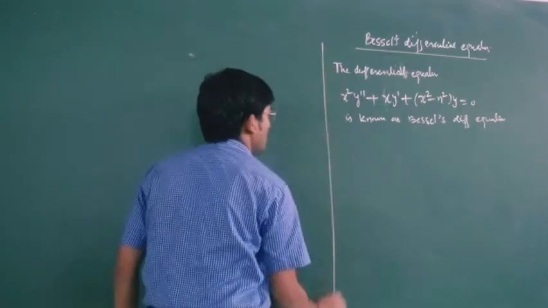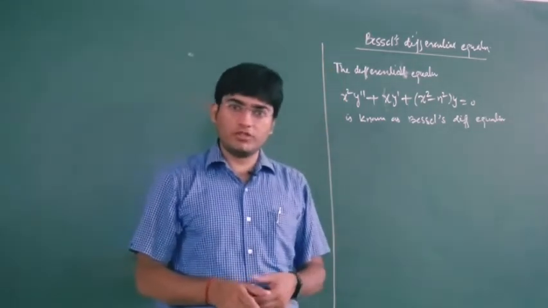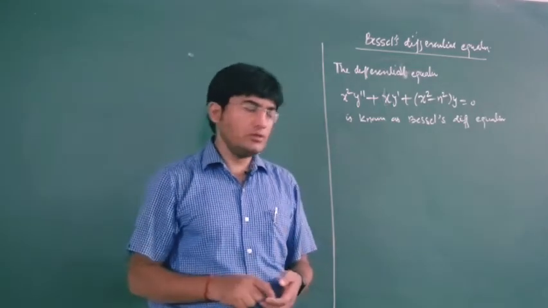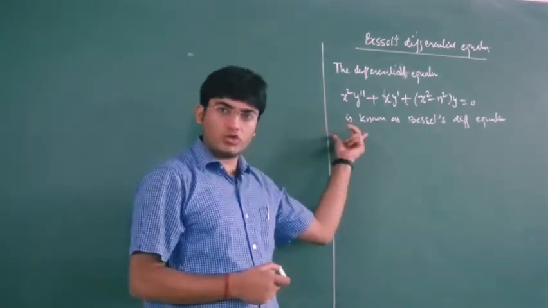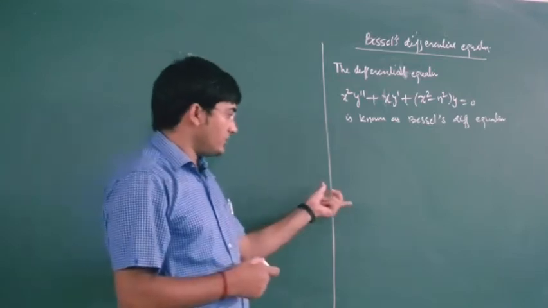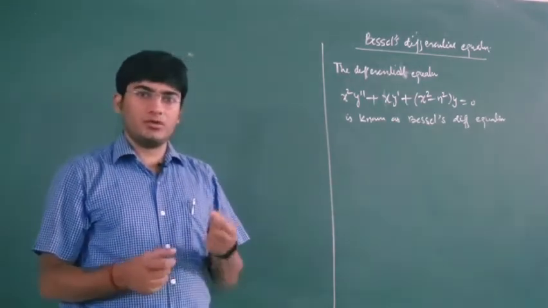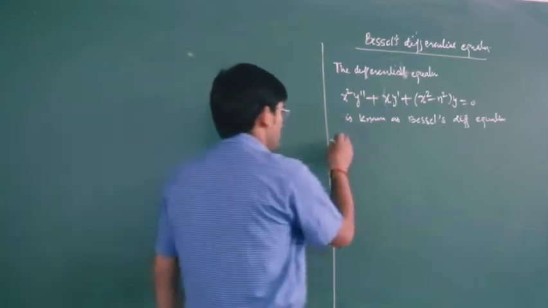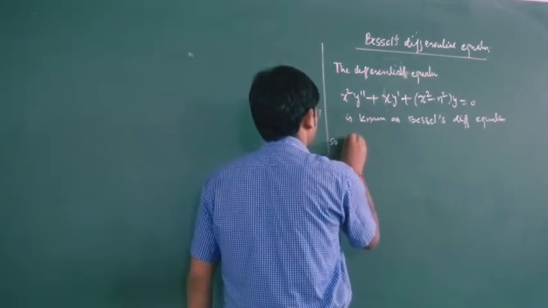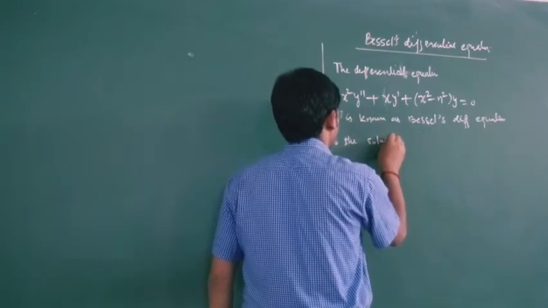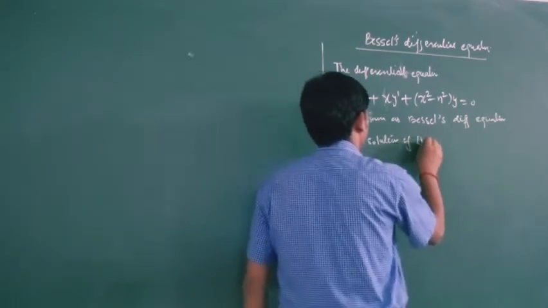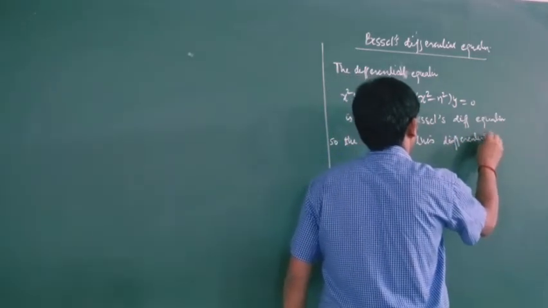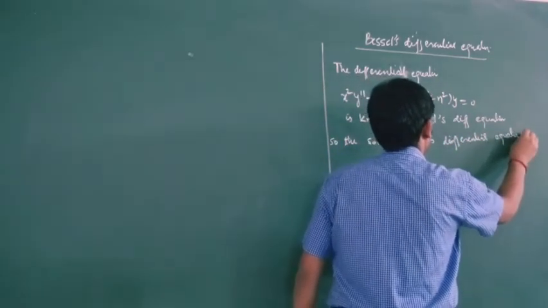I have already given you the solution of this Bessel differential equation in my lecture series of series solution. So here I am not giving you the solution, but I am going to write the solution about the first root of the indicial equation, which was your r equal to n. So the solution of this differential equation is given by